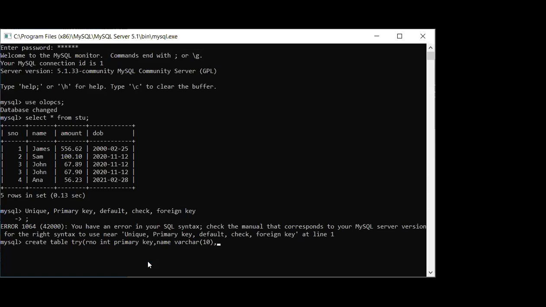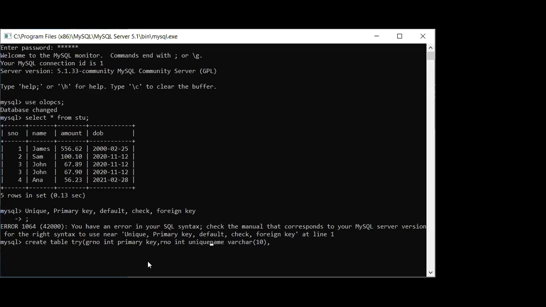Okay. Wait, here instead of this, I will be writing your GR number. It is primary key. Then I just wanted to write your roll number. We know your roll numbers within a class, your roll number is also unique. So roll number integer and then I am giving a unique.